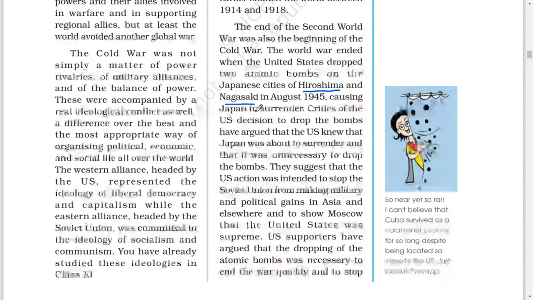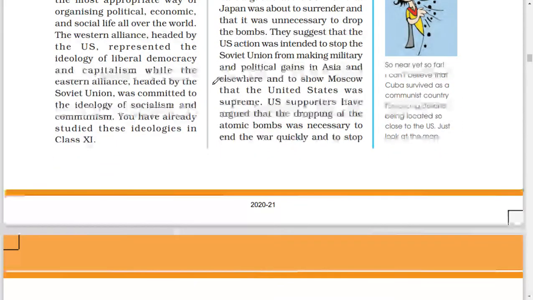They suggest that the US action was intended to stop the Soviet Union from making military and political gains in Asia and elsewhere, and to show Moscow that the United States was supreme. US supporters have argued that the dropping of the atomic bomb was necessary to end the war quickly and to stop